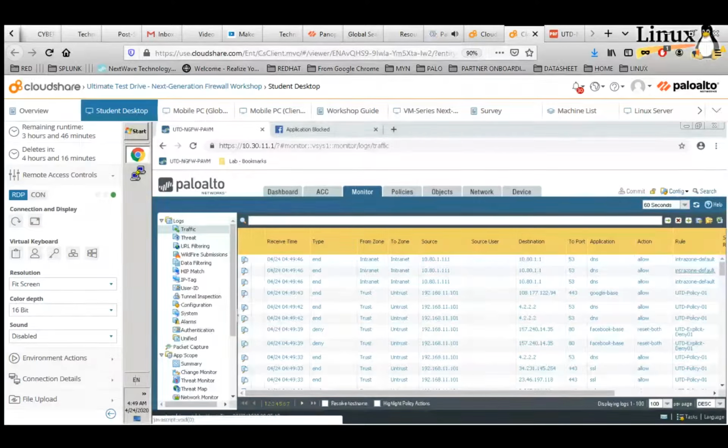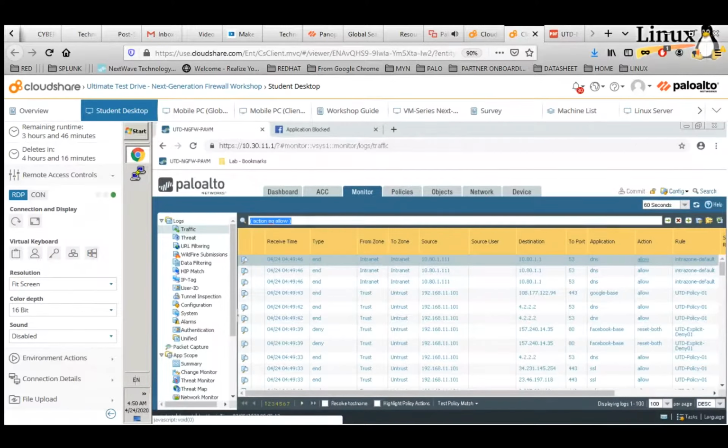Under action, you can see that when you select an action, it automatically turns it into a filter command. Like now, this is action equals allow.